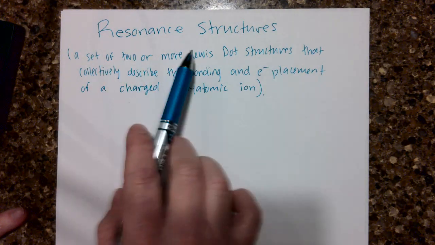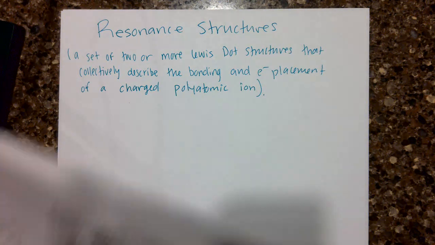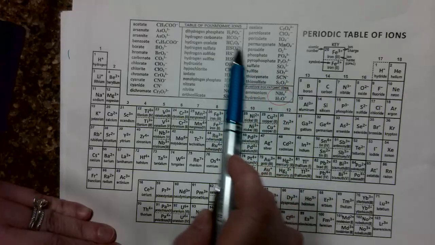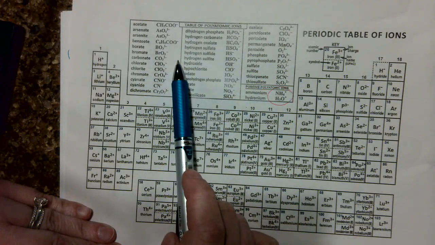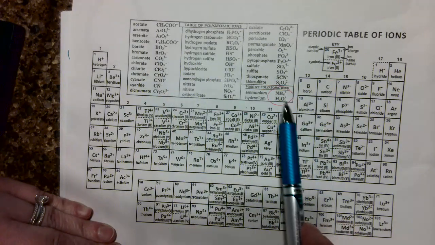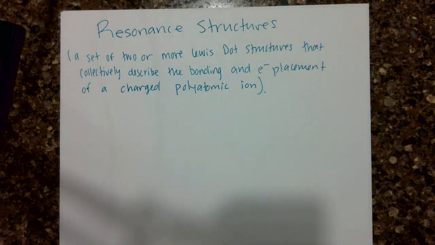But resonance structures, again, are the set of Lewis dot structures that we drew with brackets and the two-way arrows and whatnot. Those are for polyatomic ions that have a charge. So if you are one of these ions where there are extra electrons giving you negative charges, or maybe you're short electrons and have a positive charge, either way, one Lewis dot structure is not good enough to represent